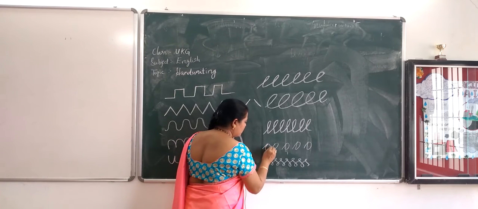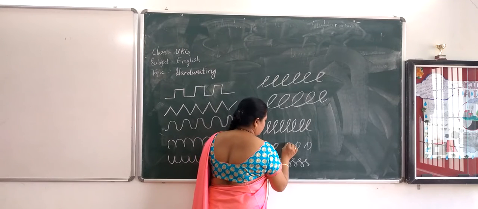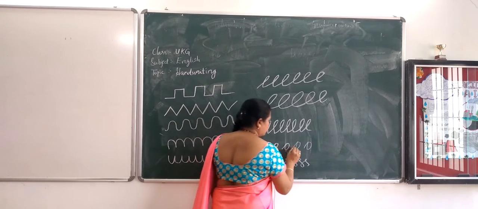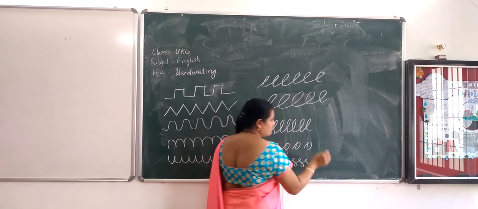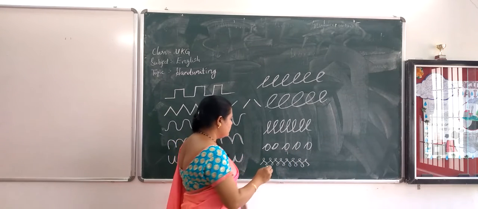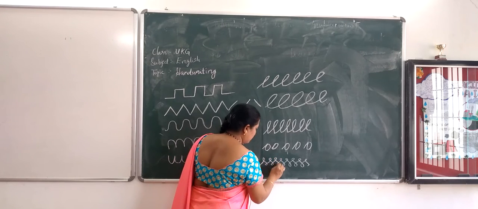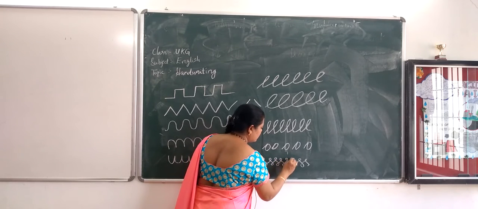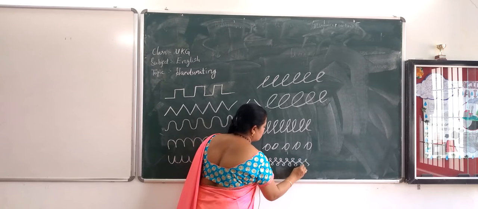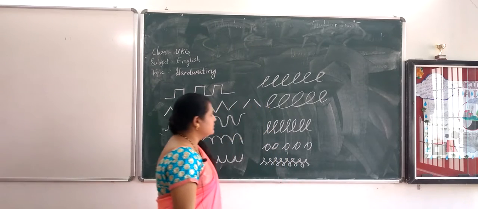O. When we write O, how do you start? Just write on that. This is how we write. This is just one circle. See one more. Which letter resembles this? Yes, letter S. How do you write that? When you write S, even the R also sometimes you write like this, right?